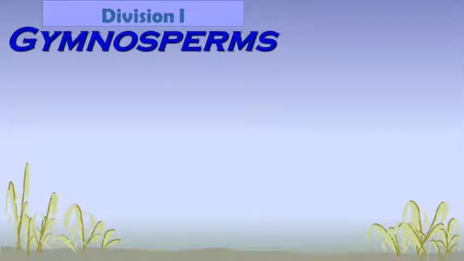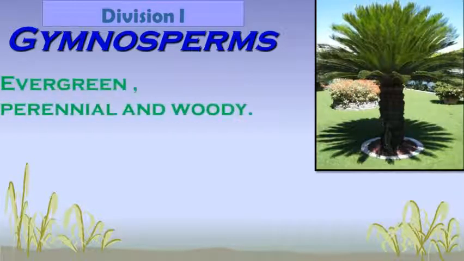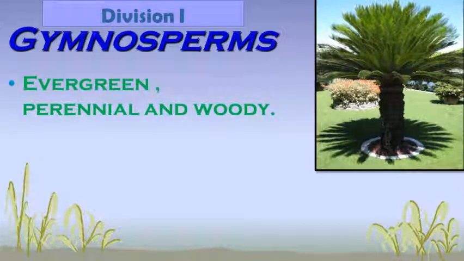Here we have two divisions under the phanerogams. First division is gymnosperm. Let's learn about it. Gymnosperms are mostly evergreen, perennial and woody. Perennial means they can live for a longer duration, that means 10 years, 20 years, whatever it is. And woody, you can observe the picture of a cycas alongside. This is very woody, that means the stem is very hard,